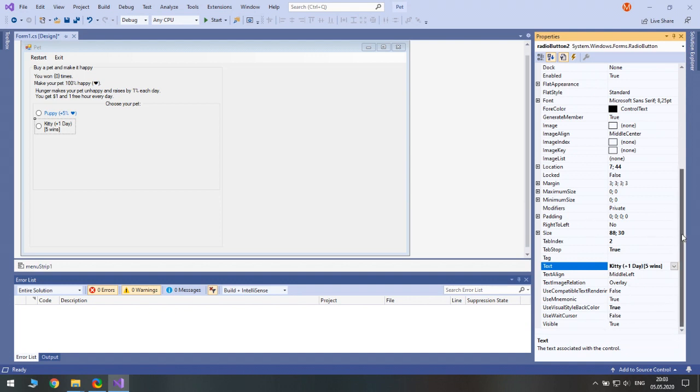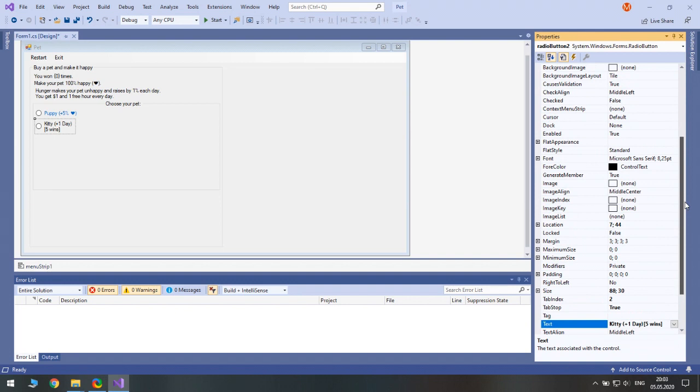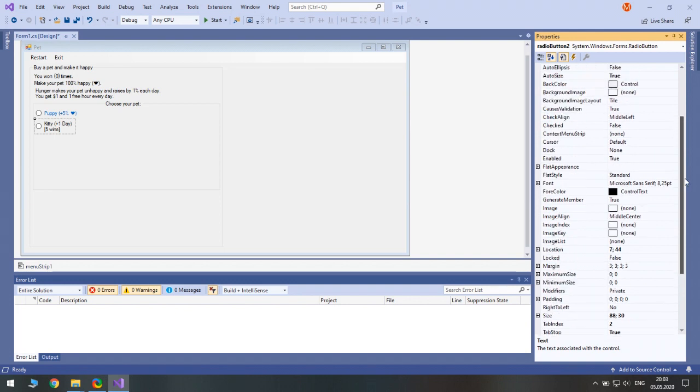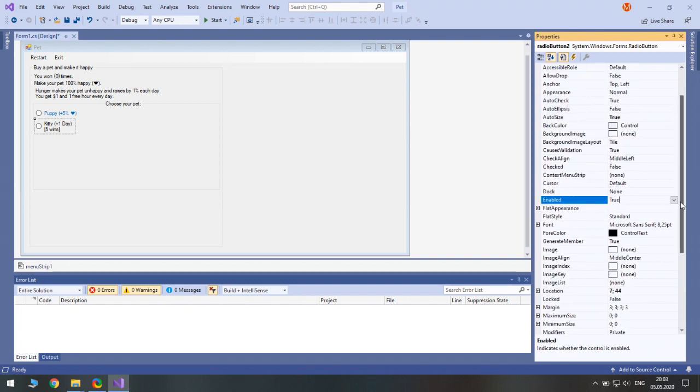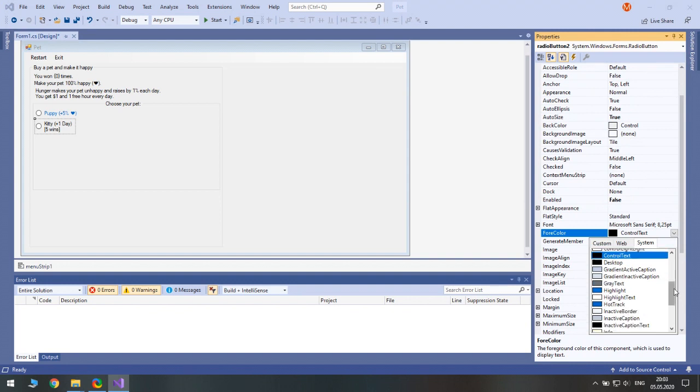By default, it won't be enabled, so let's change it to false and change the foreground color to orange.